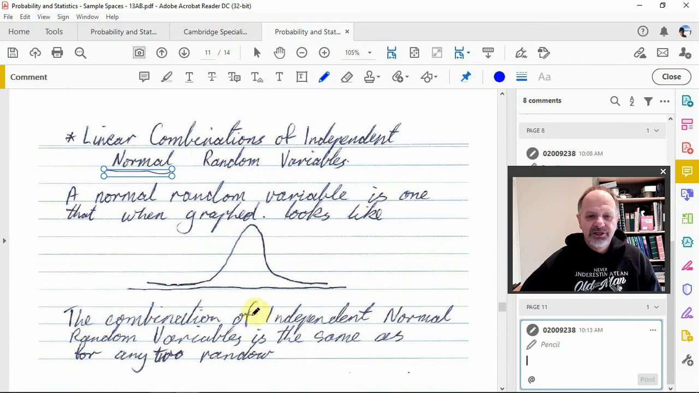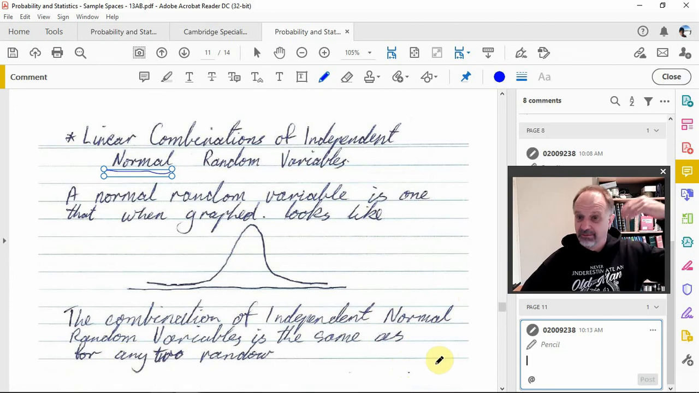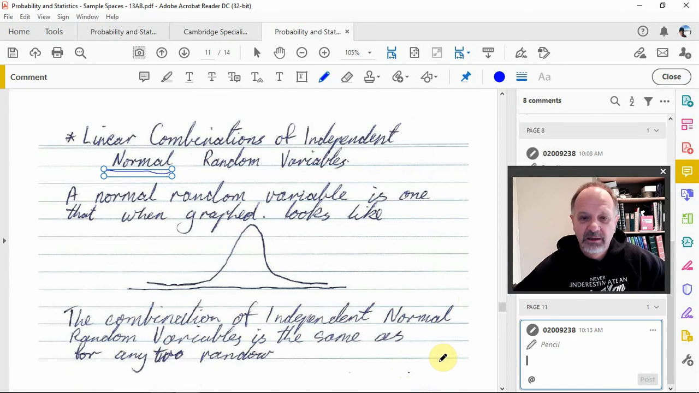And the combination of independent normal random variables is the same as any two random variables. All right, so what I was just talking about previously is about random variables. All right, and so all of those things that we did before,